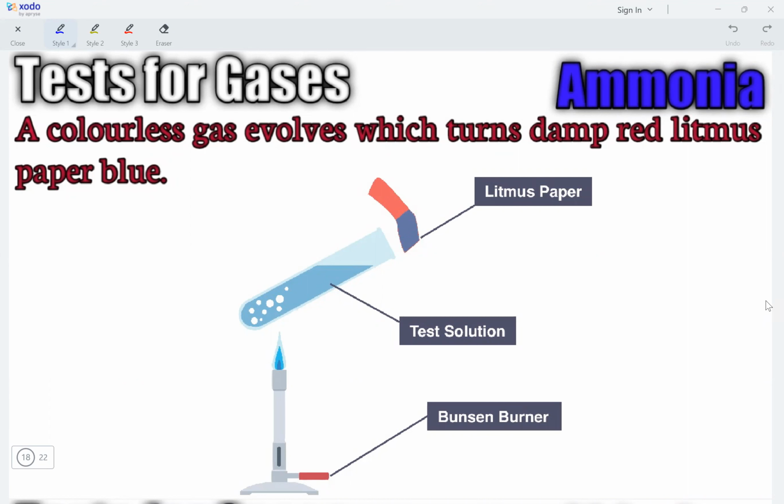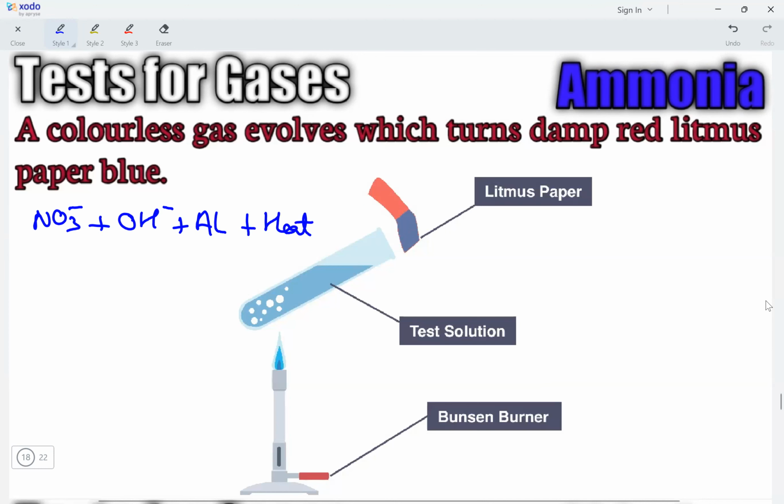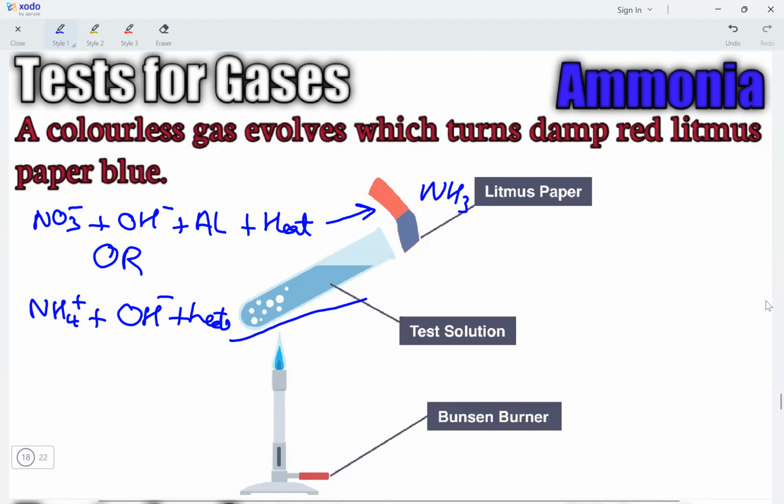So we have a test solution and we have a Bunsen burner. The test solution could be, there are two possibilities. This could be nitrate ions in which you add sodium hydroxide and aluminum foil and heat. This would result in the production of NH3, or there is another possibility. You could have ammonium ions in solution to which you add NaOH and heat. And in this case also you would end up with the same NH3